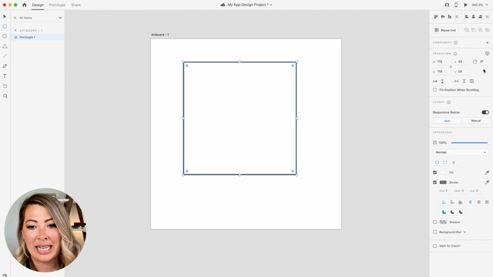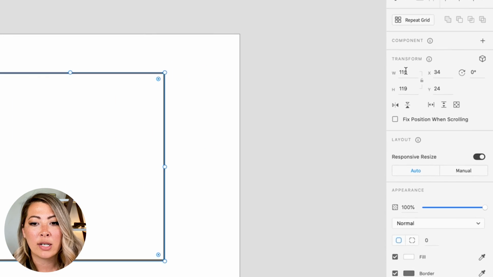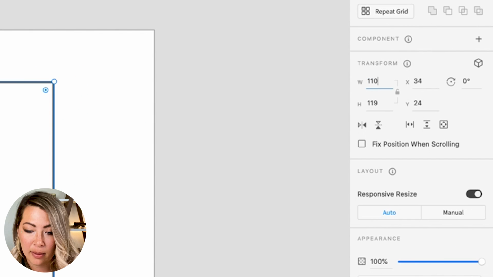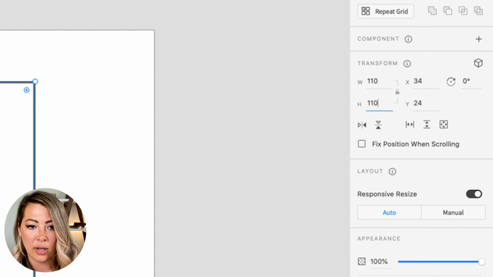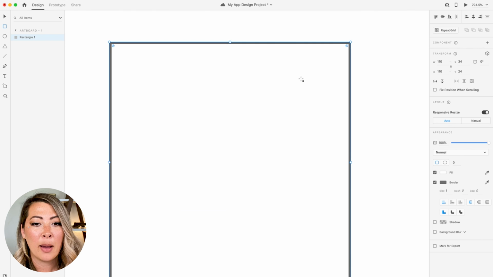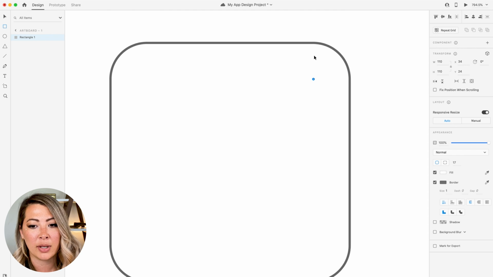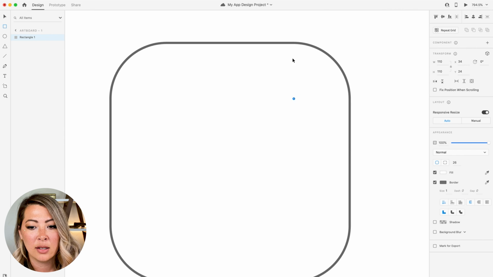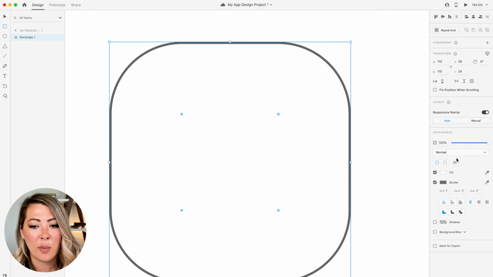From here, I'm going to change the dimensions on the right-hand side, again in my property inspector. Where it says width, I'm going to change it to 110, and then height, I'm going to change it to 110. That's right, so it's a perfect square. Now I'm going to take that filled in point and drag it so that it has the radius of 33. I can see it right there, right here in my property inspector, where I can see 33. Of course, you have the option to drag that point or simply put in 33 here as well.